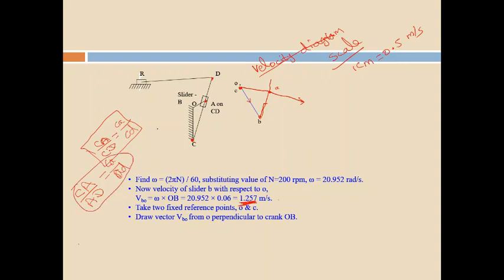So here CA you can measure, this value you can measure, CD means total length, that also you can measure from the diagram. Similarly here CA I know, CD I have to find out. This value I can measure from the space diagram, this also I can measure from the space diagram, this I can measure from the velocity diagram. So if I know three values I can find out the fourth value CD. If I find the fourth value I can mark it here. So I got point D. Let us see the same thing in animation.